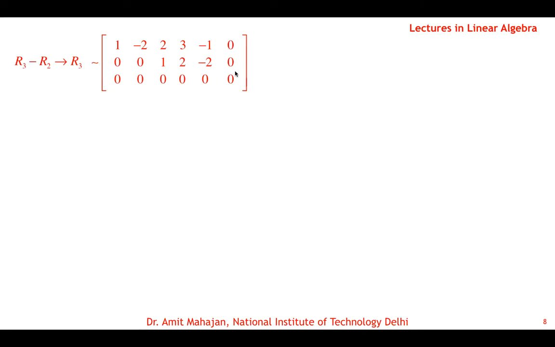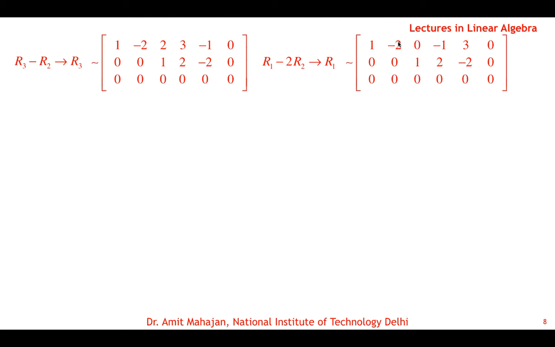Clearly the system is consistent. We have 2 pivot columns and 3 non-pivot columns. Remember, this is the right hand side. So to find the solution, reduce it: row 1 minus 2 times row 2 with the impact on row 1. That will reduce it to a reduced equivalent form. So now it is a reduced equivalent form. We have the basic variables x1 and x3, the first and third columns, and the free columns are the second, fourth and fifth.